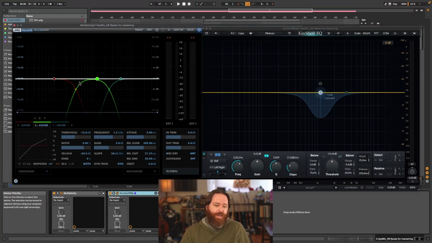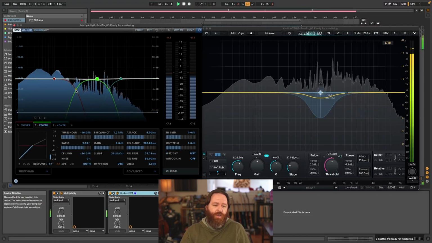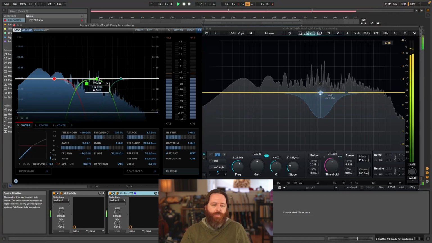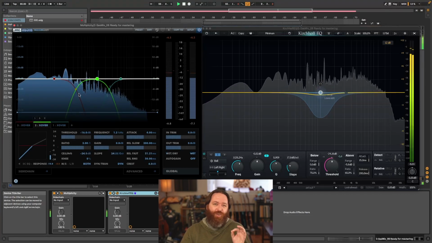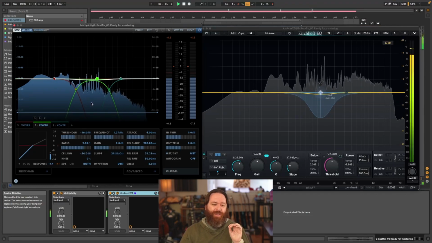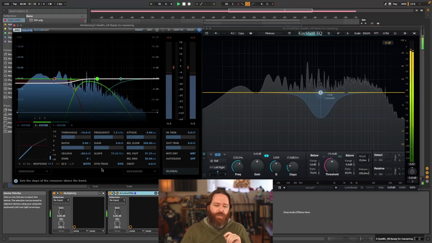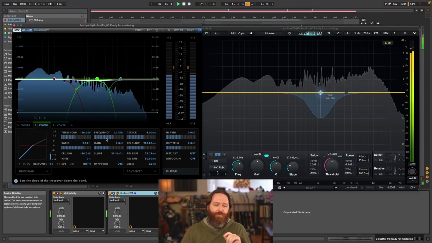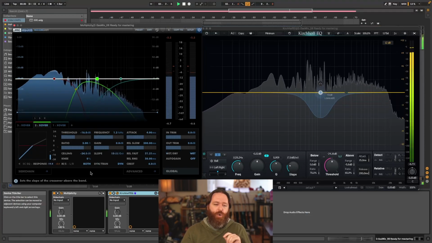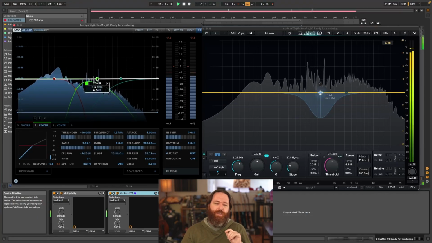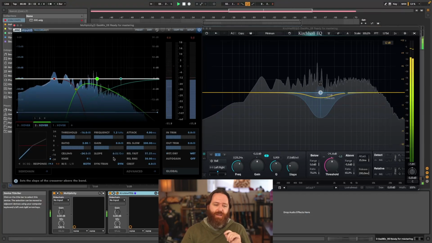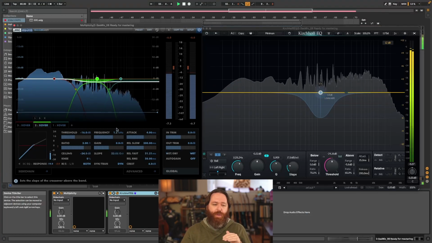So right here I have the DMG Audio Multiplicity. This is my current favorite multiband compressor. And you can see how I've got low, middle, and high. It's got crossovers splitting up the frequency spectrum. And if I change the crossover, you can see how it's affecting both at the same time. So right now it's affecting the middle and the high at the same time, and how those bands interact with